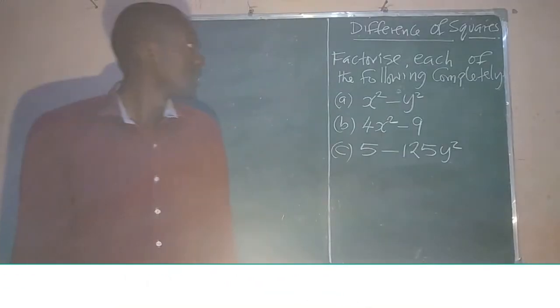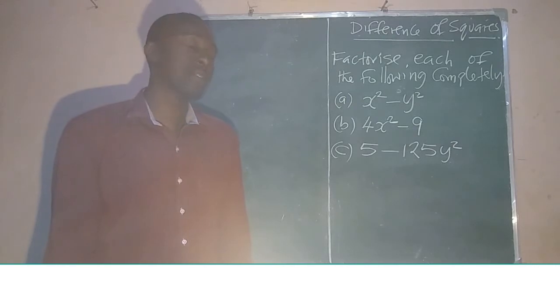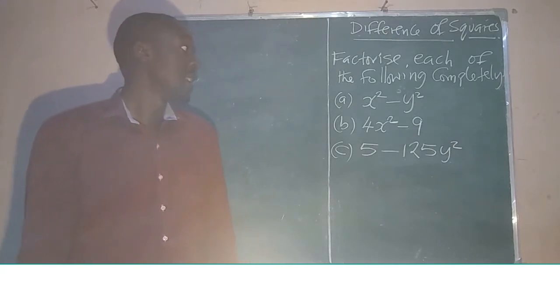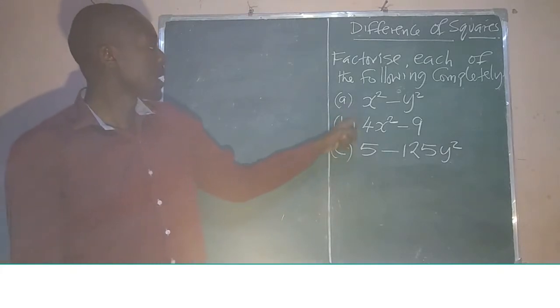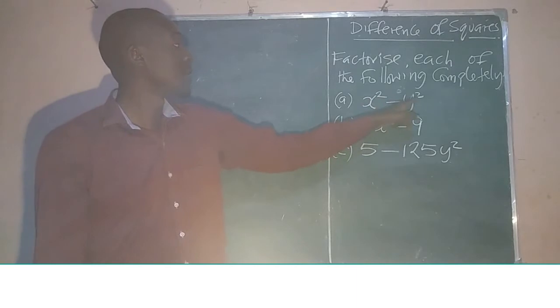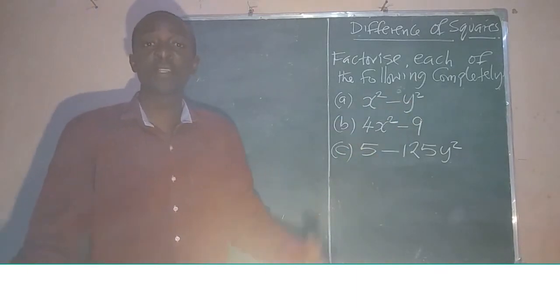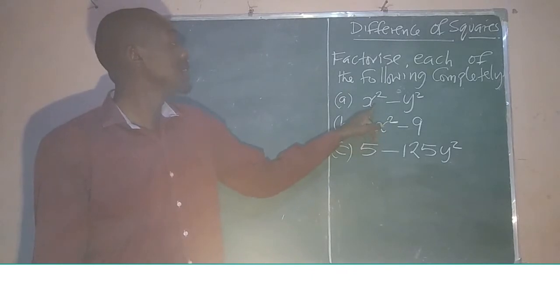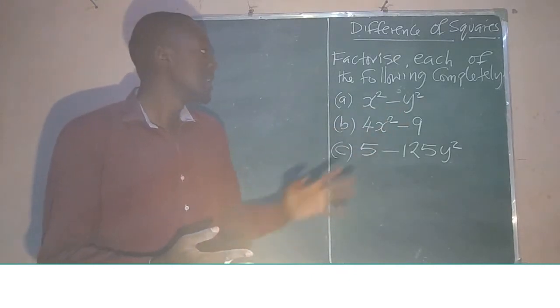Hello friends, on this part of algebra, I want us to look at factorization by difference of squares, or difference of two squares. So what is the difference of two squares? When you look at our examples here, you notice that we have squares and there's a minus. Minus is sometimes called the difference. So here you are finding the difference of two squares, and there's a way in which we factorize such